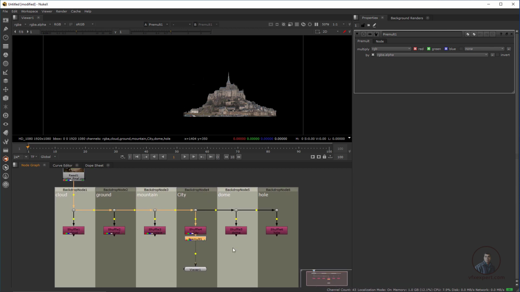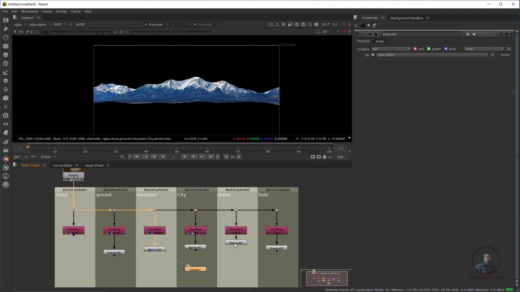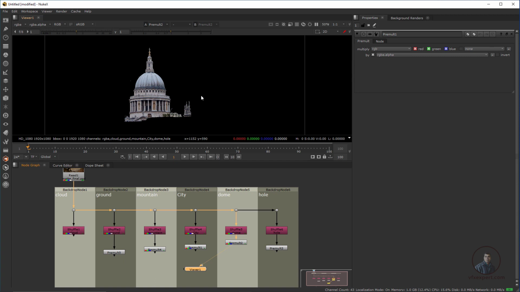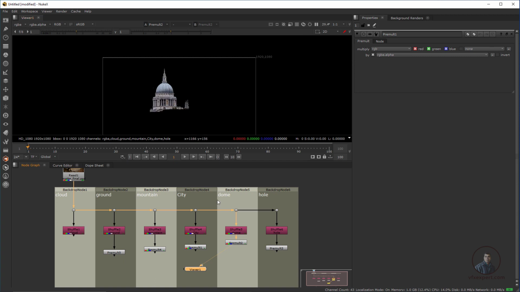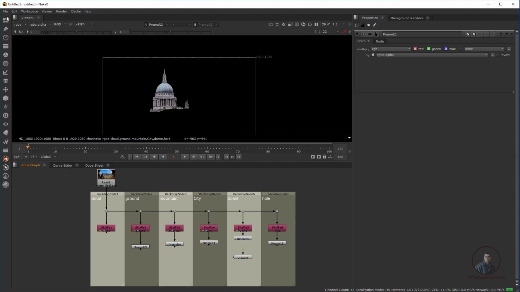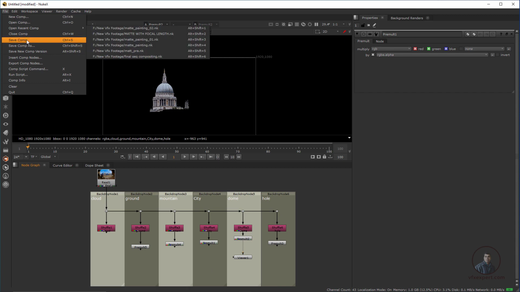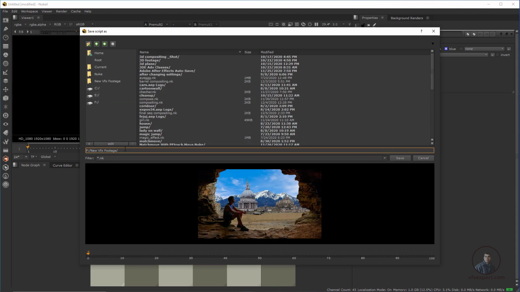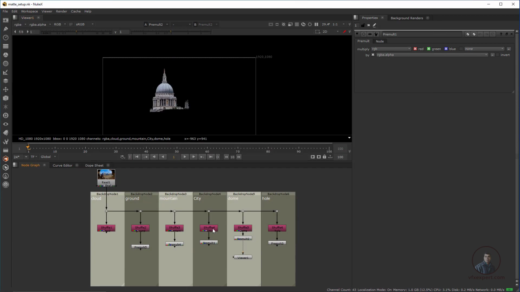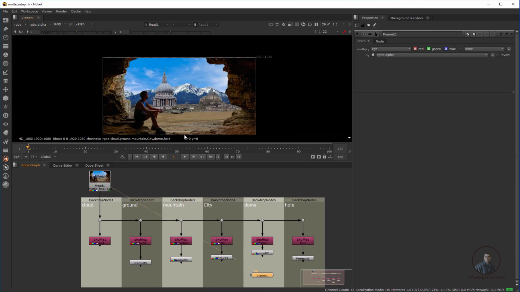Okay, so again Control C, Control V, just simply select and paste it here and connect it here. Now here if you check, there are no problems. Okay, you can see only the exact images that you want here. So till here just save our scene, click on file, then click on save comp or script, just give a name. So now select this one and press 1 here.